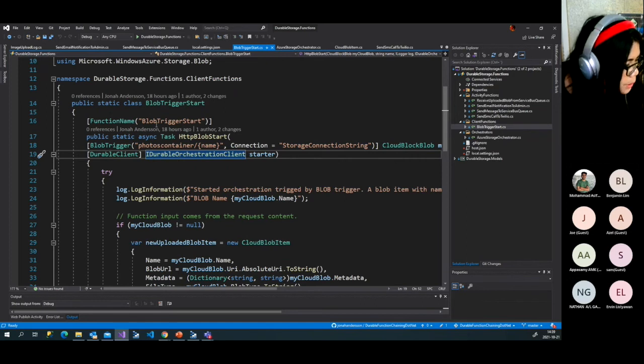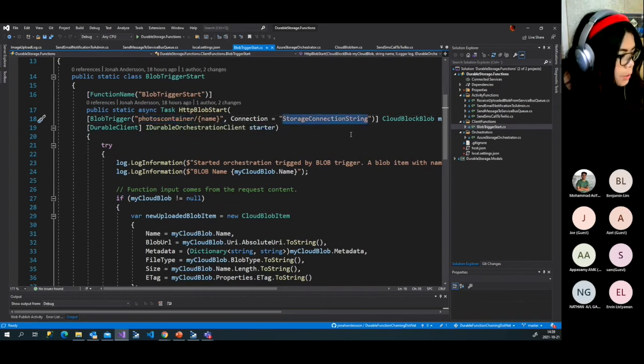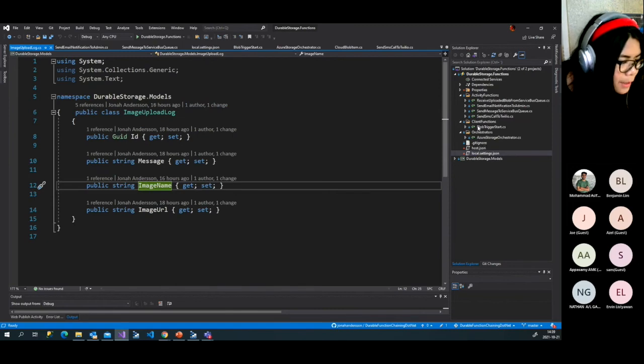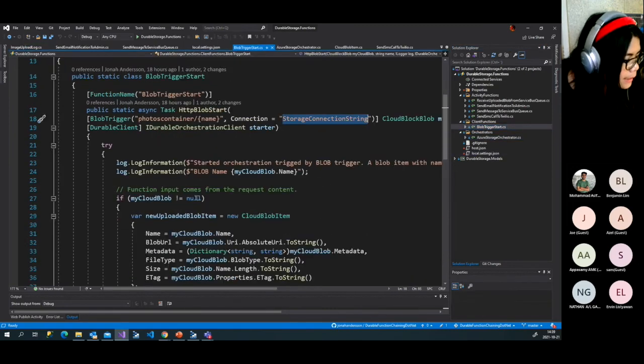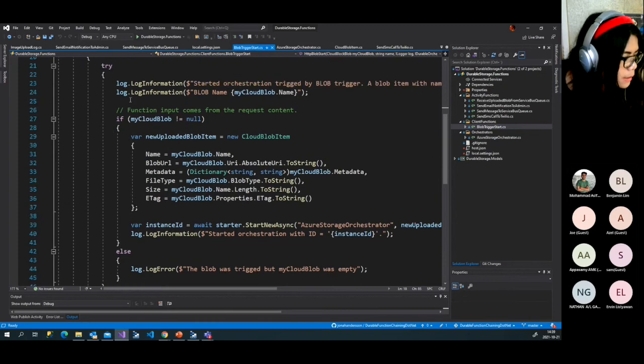And what I do is I have a blob trigger that has the name of my container and my storage connection string that I save here in my local host in some secrets. I don't have Azure Key Vault yet, since this is just a demo one. And in here, I check if it's not empty.